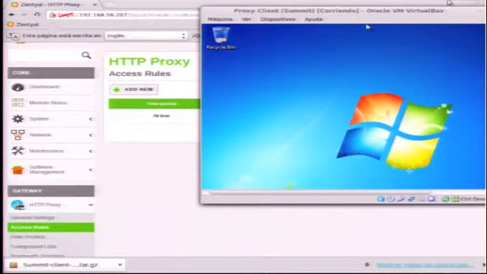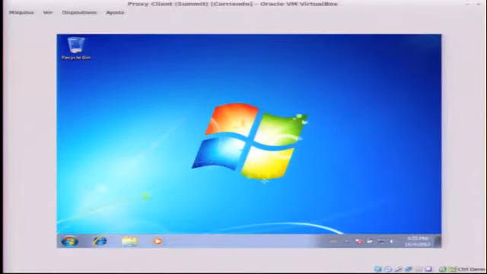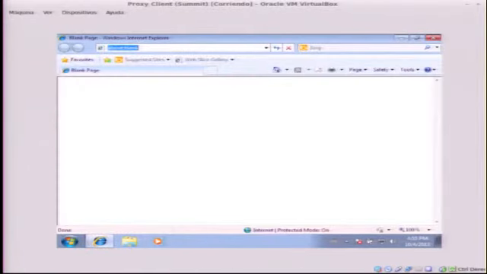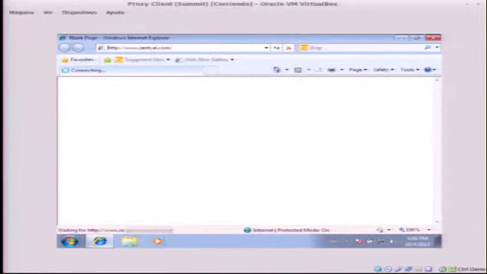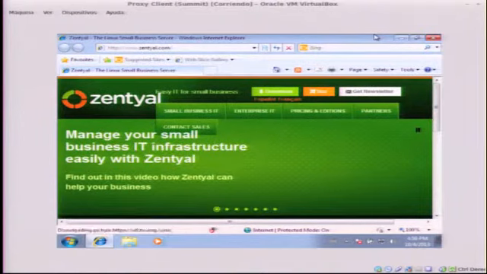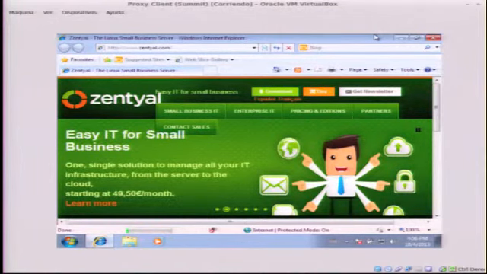Okay, so we have a Windows server, and this Windows is joined to the domain. Let's open a page, Zentyal.com, okay. He didn't receive any pop-up. The proxy was automatically configured by a GPO, and now if we go back to the server,